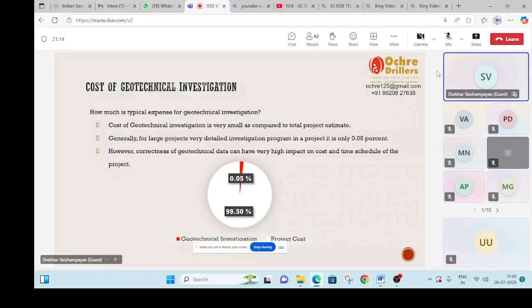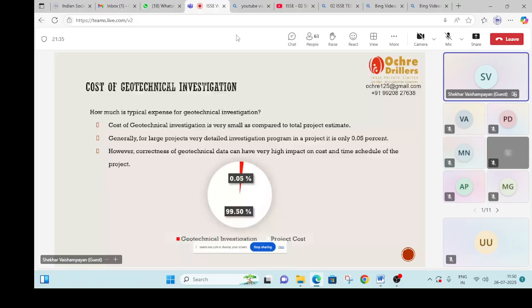For a very large project, and let us say that I go for 20-30 buildings at a time. It's a residential complex, so big outlay is there. I've got a big budget in my hand, so I can conduct the investigation. Even then, I should carry out the investigation program liberally, I conduct trial pits,